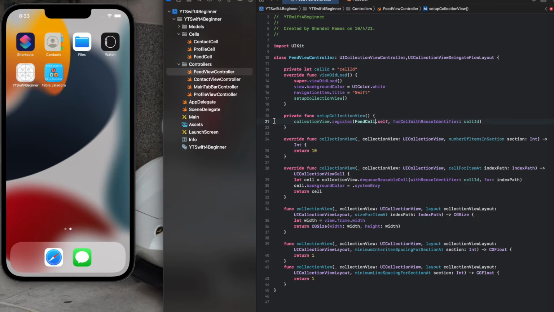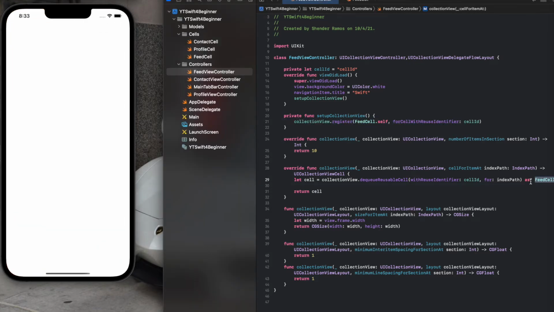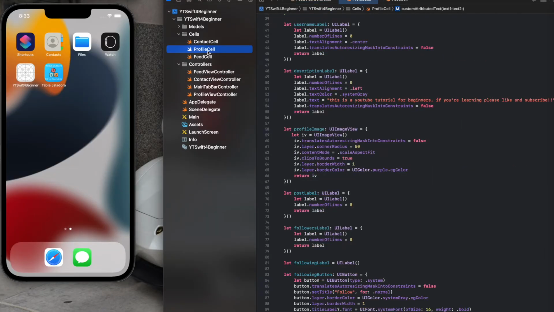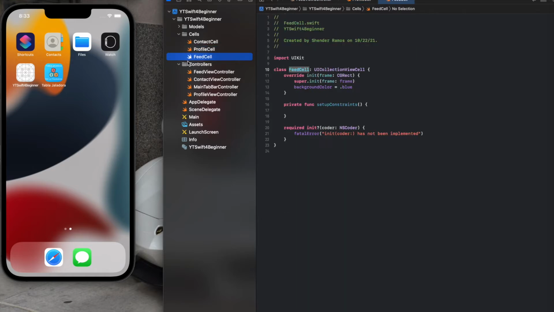So line 21, if you have everything exactly as me, this one should be the register this feed cell, and then you come onto this cell and you cast it as feed cell. So now I could remove this, and it should work. Remember, you gotta register there and here as exclamation point, boom, it's blue. Now whatever we create on the feed cell,